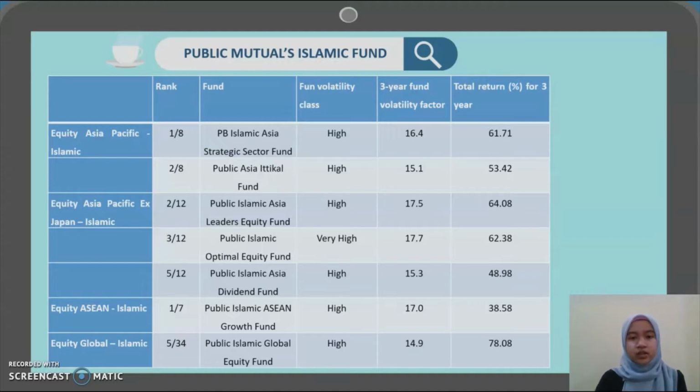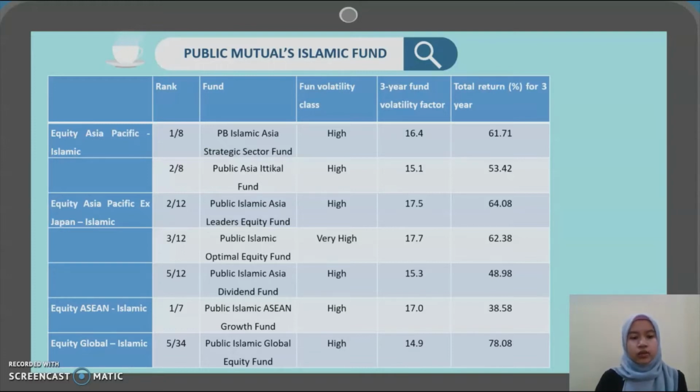Fund volatility class is very high and the 3-year fund volatility factor is 17.7 and their total return is 62.38. And last is Public Islamic Asia Dividend Fund. Their fund volatility class is high and the 3-year fund volatility is 15.3 and total return is